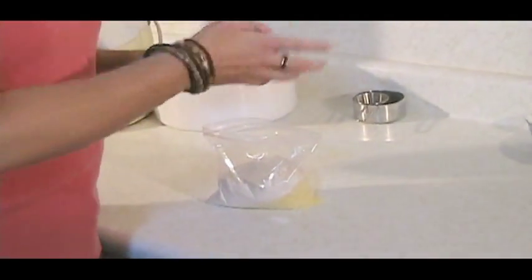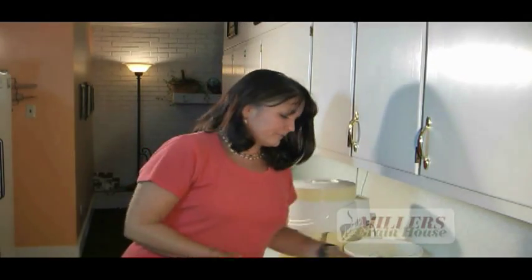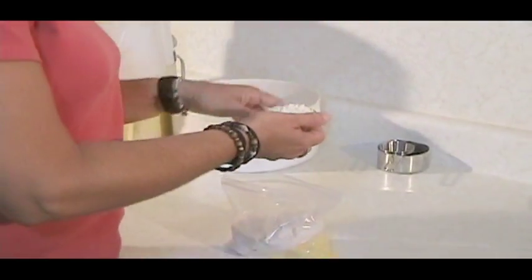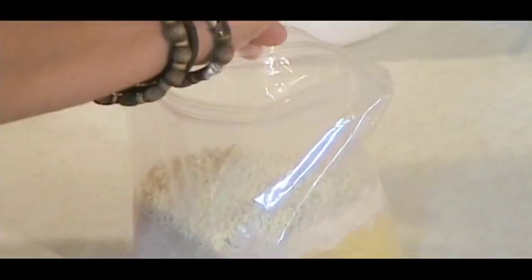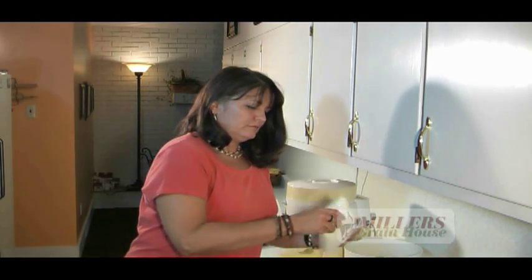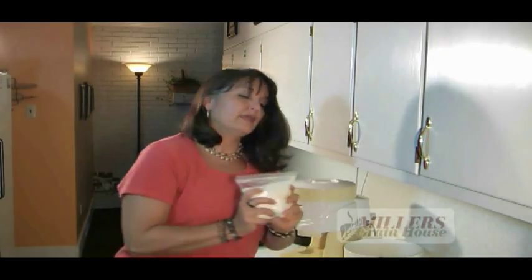If you like cornbread that will suck the water right out of your mouth, just add like a teaspoon. But if you like it dry and not sweet, we kind of like it cakey. And so this is a secret ingredient. Not secret, but it's what saves you time. This is powdered milk. So instead of having to have milk, now all I have to do is add water. That's 1/4 cup. Zip, shake, and I made my own